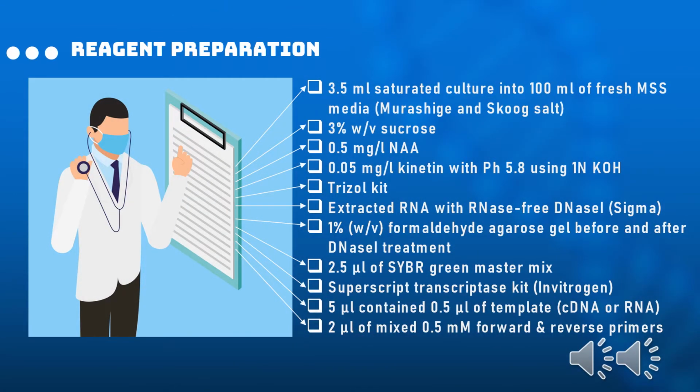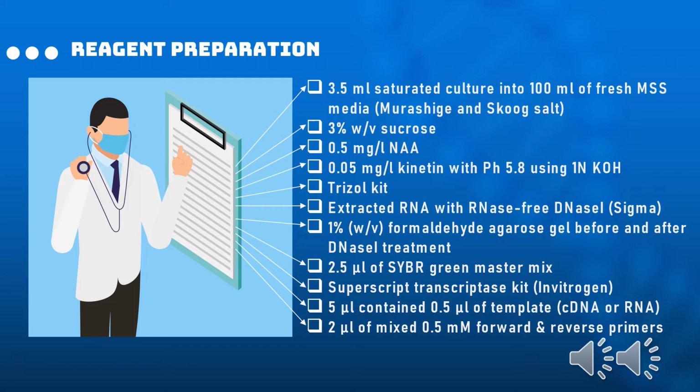The reagents listed below are the most commonly used when it comes to transcription factors of cell growth. It is based on the journals that are used in this presentation. For the reagent preparation, the reagents used are 3.5 ml saturated culture into 100 ml of fresh MS media, or the Murashige and Skoog salt, 3% weight over volume sucrose, 0.5 mg per liter NAA, 0.05 mg per liter kinetin